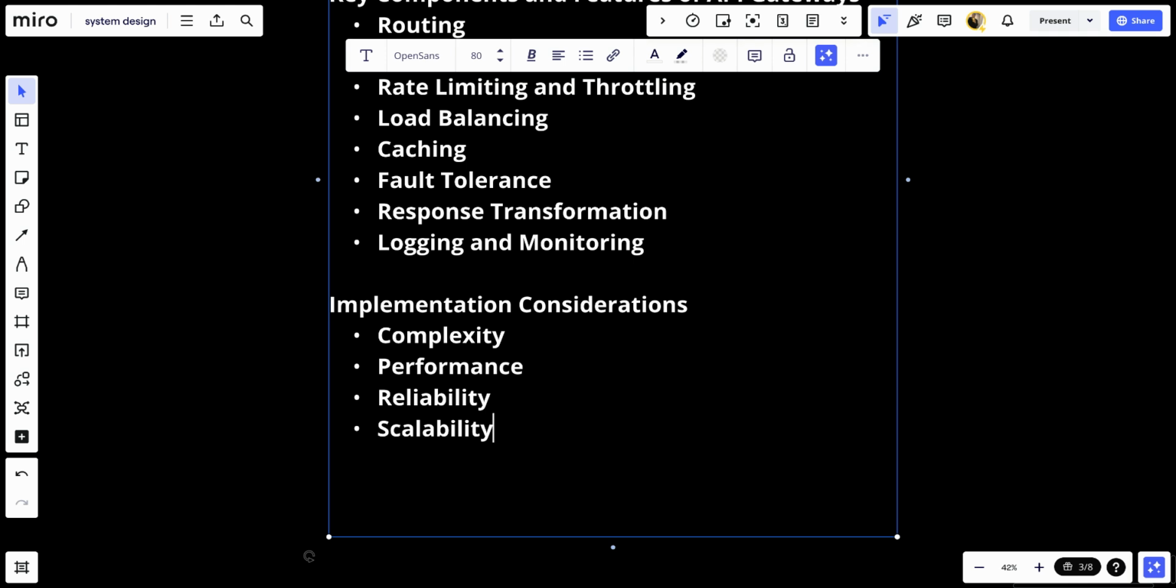So, in summary, the API gateway pattern is essential for microservices architecture, providing a unified interface to clients while handling a variety of concerns that are common across services, thereby simplifying microservices management and enhancing